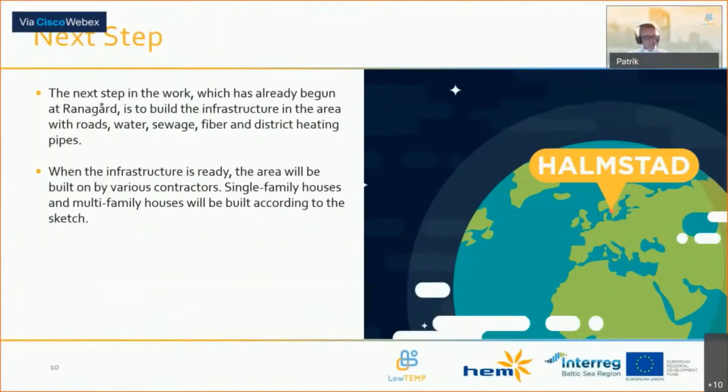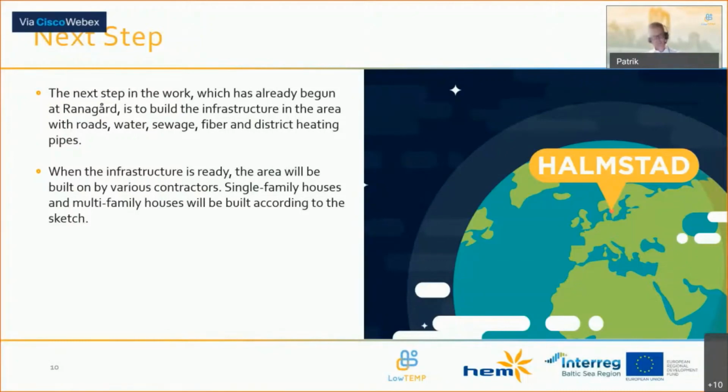Well, as I've spoken about, the next step in our work is to proceed with all the buildings, to see the infrastructure be ready and to see all the houses being built. As Rolf has talked about, there have been various constructions, single-family houses and multi-family houses. And I hope we will end up in a good new area for Halmstad as a part of Halmstad city planning for the future. It's a small step for district heating, but it's actually a giant step for a small